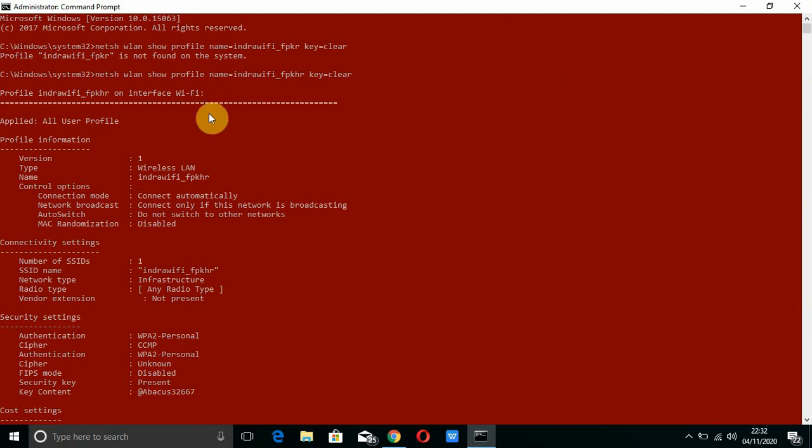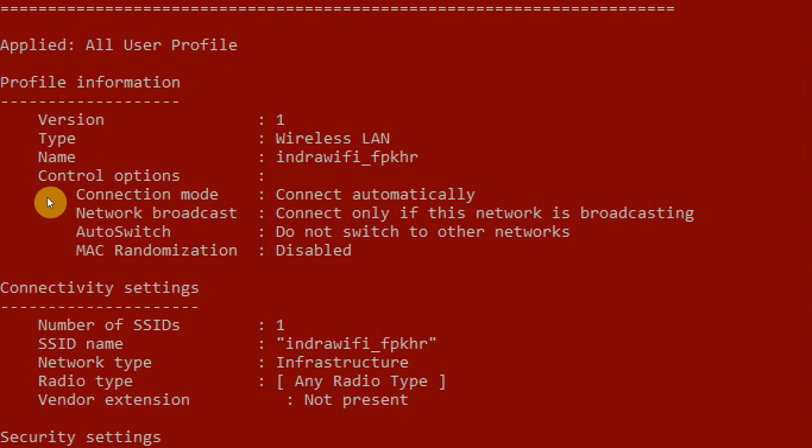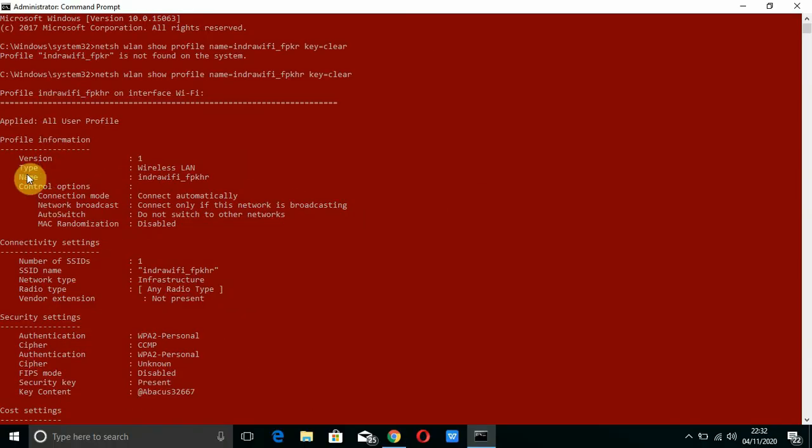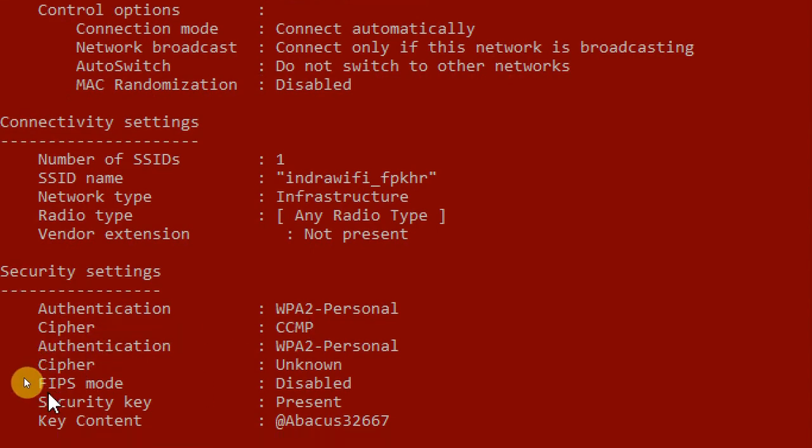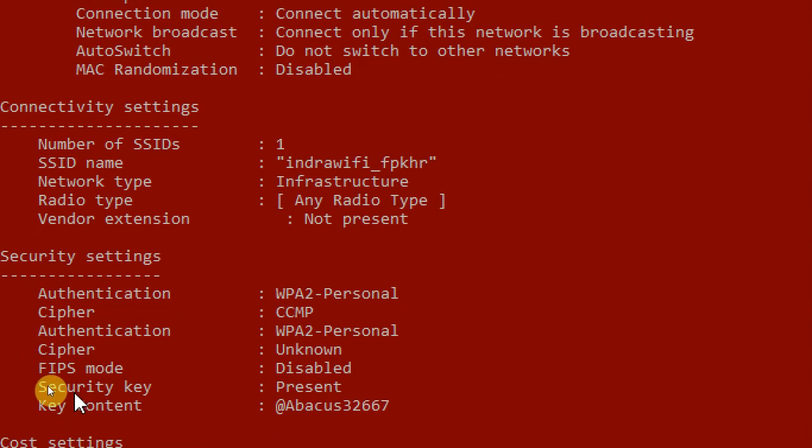Now this code is running, and we can see here so much information about the connected Wi-Fi. Here we can see the name, type and versions, control options, all the data are available. And let's go to the security settings. Here in the security settings, authentication is WPA2, this is the security type, and here we need the security key.